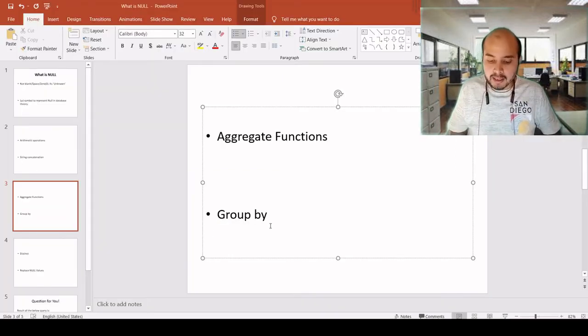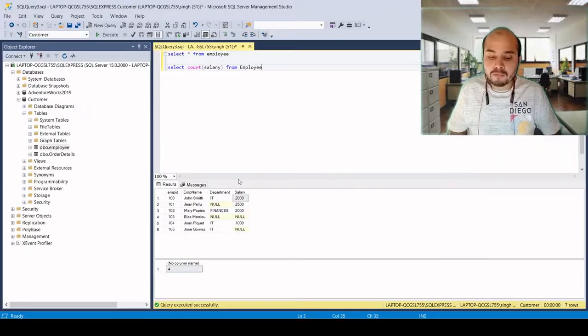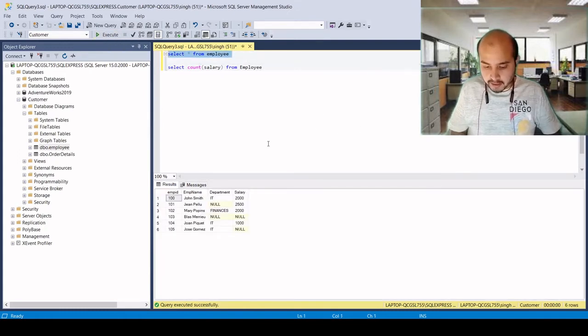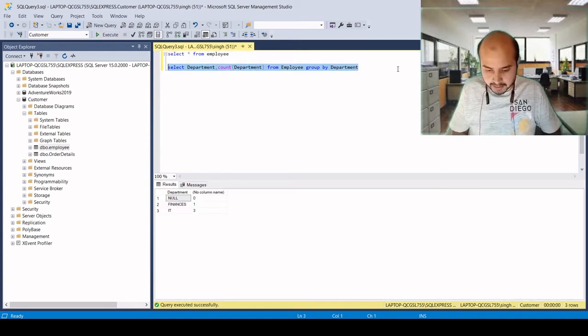Now come to the next, which is group by. How can we use the group by clause with null? This is the table, and if we group by department and find the count of department, we just want to know how many departments we have and how many records of those departments.